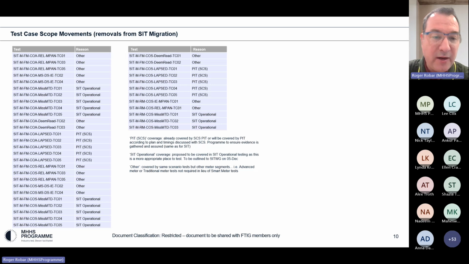Having said that, SIT operational coverage, you can see where we've added tests to the SIT operational scope. Again, from an efficiency standpoint, we've definitely taken them into scope for this SIT operational test phase. Anecdotally, initial analysis looks like an average of 120 steps down to possibly 12 when you take them from an end-to-end and functional point of view down into an operational point of view.